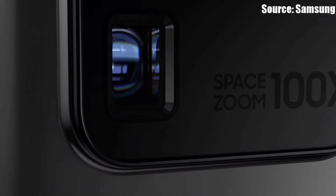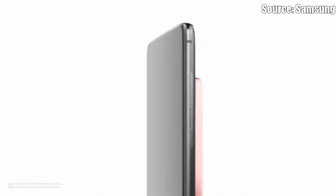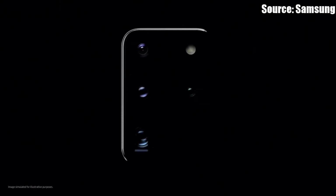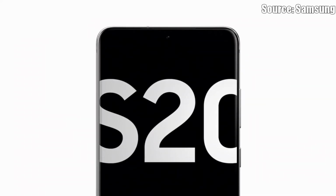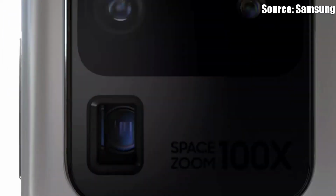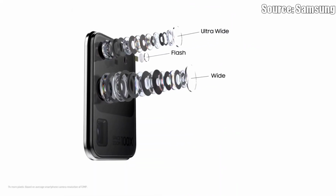Now, what are the differences in cameras? All right, so here are the cameras for the S20 Ultra, because I was almost confused with all the camera stuff. It has a 40 megapixel selfie camera, which is crazy. A 108 megapixel standard shooter that bins the pixels down to 12 megapixels, which means you're going to get a very solid photo. And then you get the same 12 megapixel ultra wide that you get across the Galaxy S20 and S20 Plus, but you get a 48 megapixel f3.5 telephoto lens on the S20 Ultra, as opposed to the